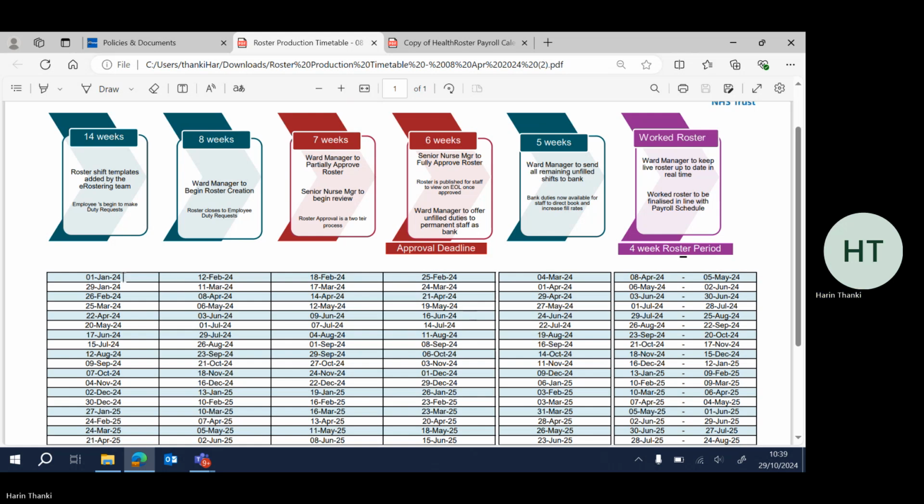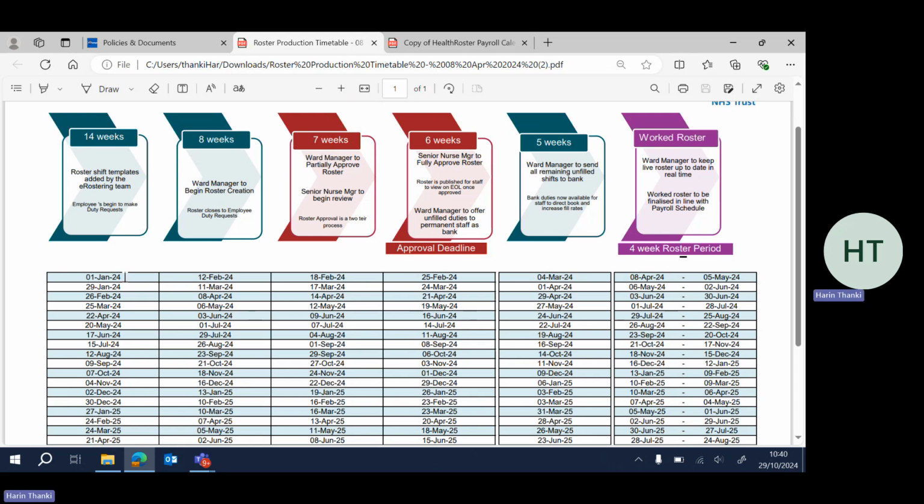The addition of the purple line, or roster as we call it, is an automated process. So you will see the purple line will appear automatically when the time comes in for each roster. That is 14 weeks prior to the start date of the roster. For example, for the roster that starts on 8th of April, the purple line should appear on the roster from 1st of January 2024. And it should remain open for the next 6 weeks,